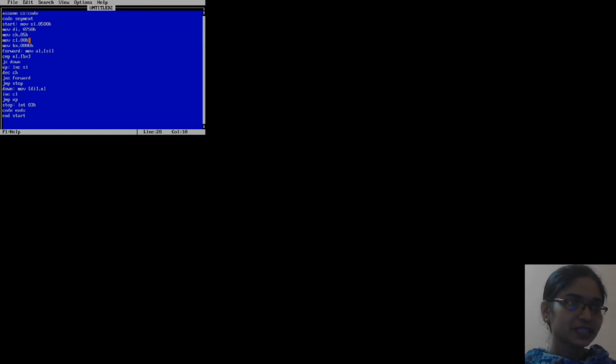The next instruction is move BX, 0800H. Here this 800 immediate data is moved in BX register. In this address we store our number which we want to find. The next instruction is move AL, brackets SI.